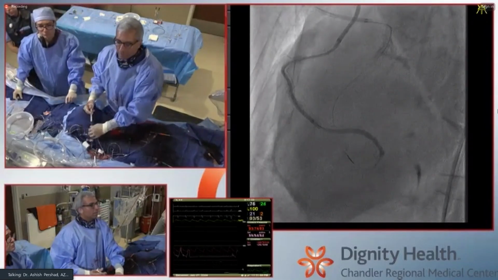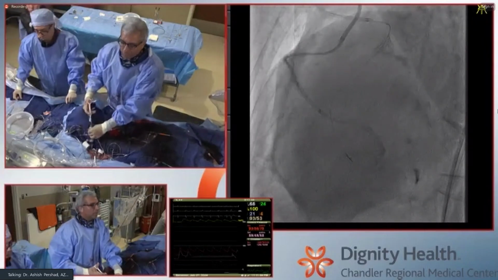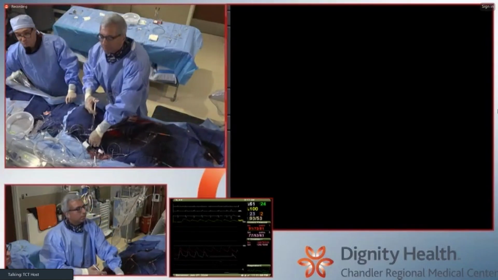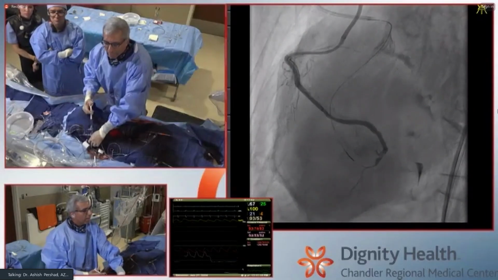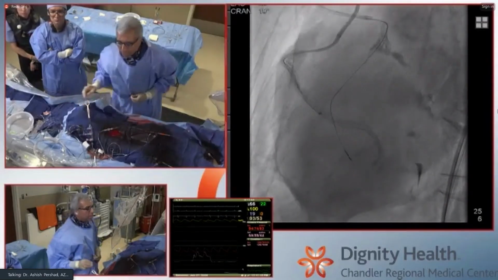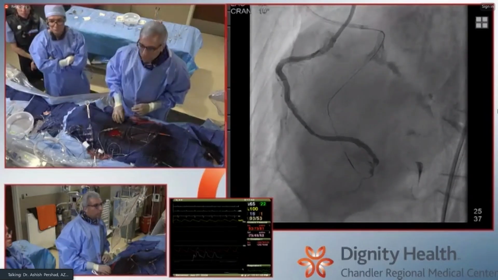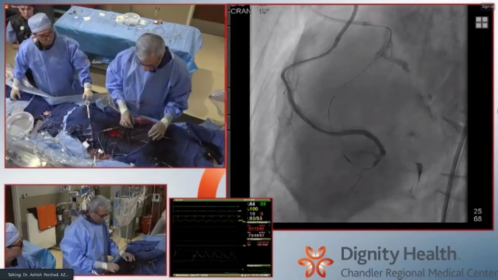Yeah, there it is. It seems better. Yeah, it's better. There it is, that's the branch. There you go, there's your PDA. Yeah, exactly. All right, I'm going to put the IVUS back down